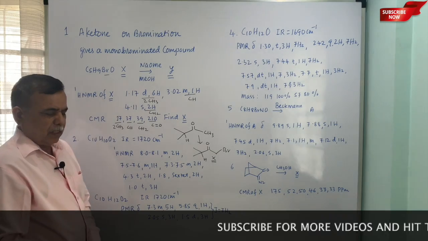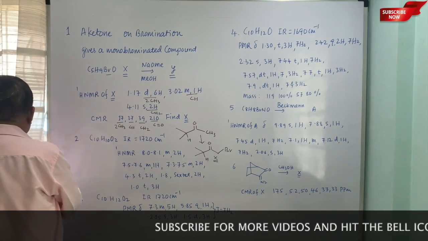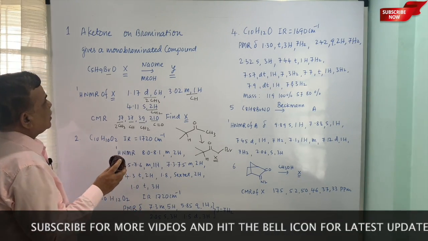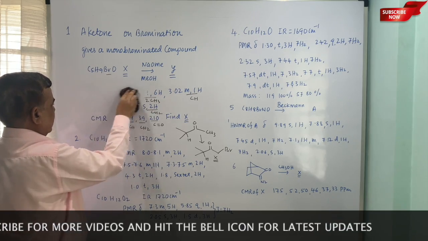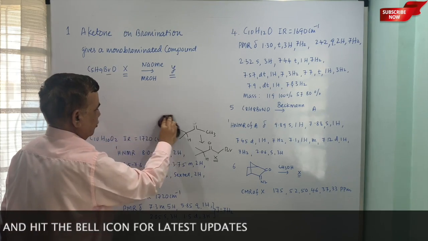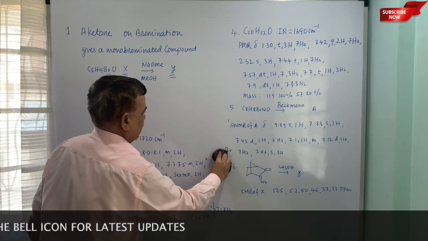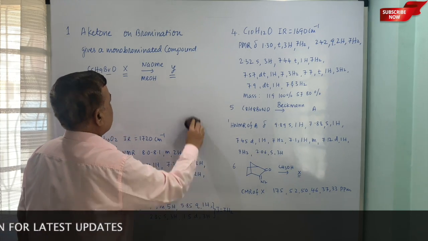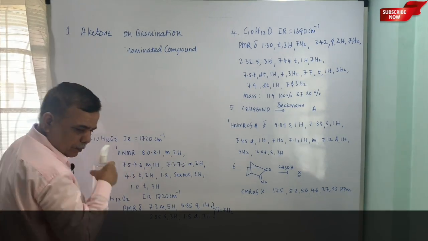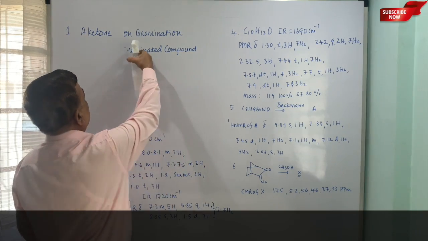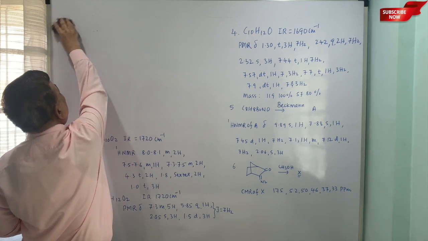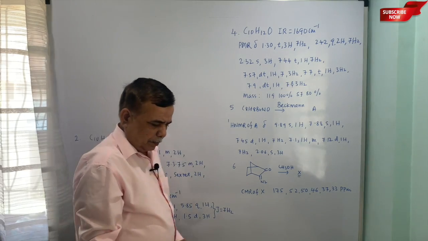So both the factors are taken into consideration, the carbon as well as proton NMR data is matching with it. So the structure of X is expected, and that is going to be the structure of the compound based upon the given spectral data. Okay. Now, moving on to the next example.